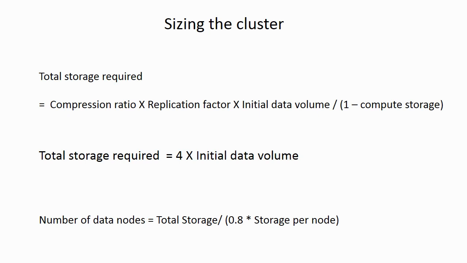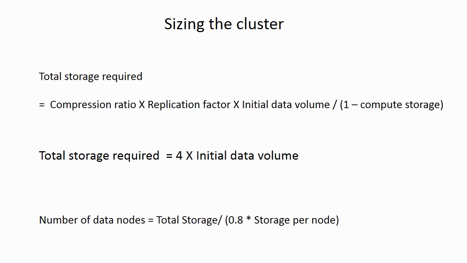And here is the initial volume of data and compute storage. So you're not just using HDFS to store files, you are actually going to do computations with them. And when you do computations, all the results and the intermediate values are not going to fit in the RAM, and some will leak into the disk space. So we will look into the details when we study MapReduce next week, but for now, you can intuitively see that there will be disk storage required during computation. So this is usually 25%. So 1 minus 0.25, that's 3/4.